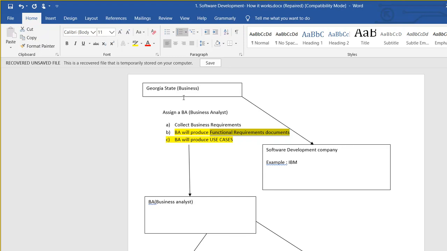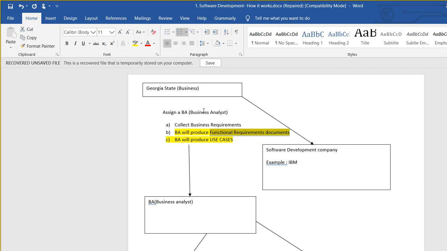So the BA collects the requirement from the business and then prepares a brief requirement document, the business requirement document, and then they prepare an elaborate requirement document which we are calling the functional requirement document, and they also prepare use cases. You got it, guys? What does the BA do? They collect the requirement from business, right?